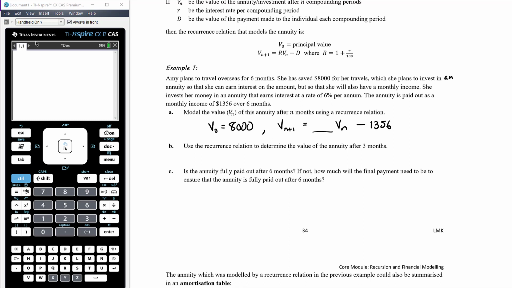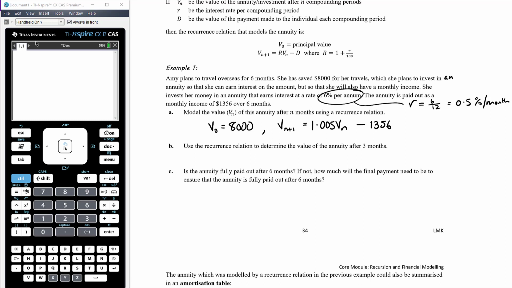But the annuity also earns interest at a rate of 6% per annum. So that means that we need to first of all work out the interest rate per month, because this is a monthly arrangement. So that's 6 on 12, so that's going to be 0.5% per month. And then from that we want to work out what is our multiplying factor. So again, if your percentage work is good, you're going to be increasing by 0.5%, so you're going to be multiplying by